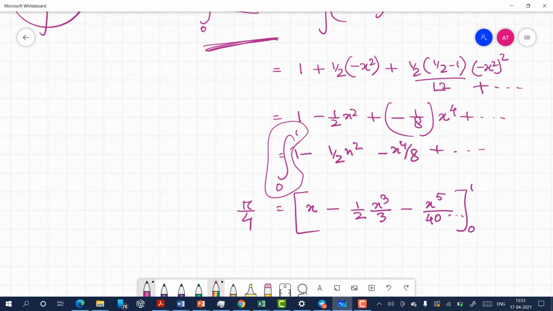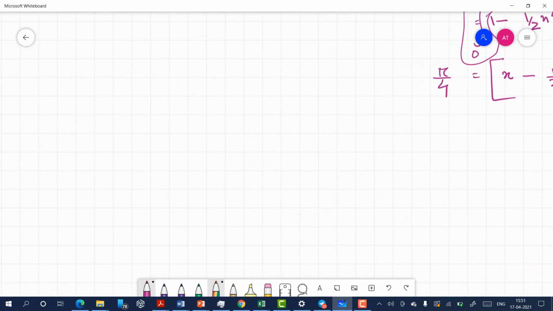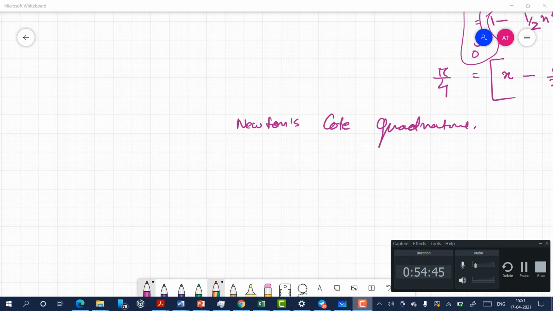Here still we are doing the integration, but we will use this concept to go to Newton's quadrature formulation in the next lecture. Okay, so